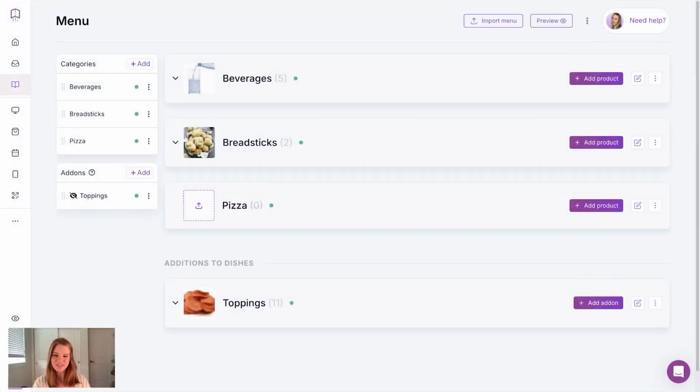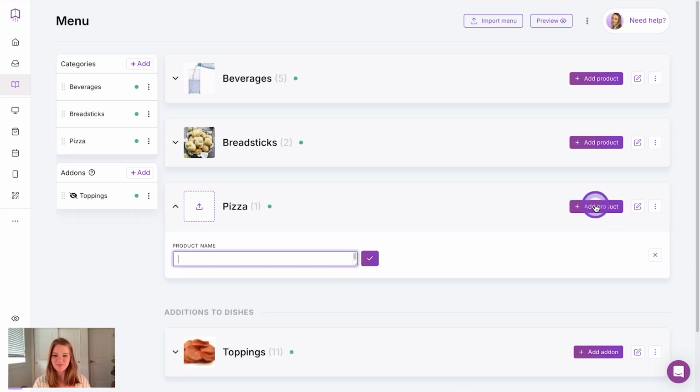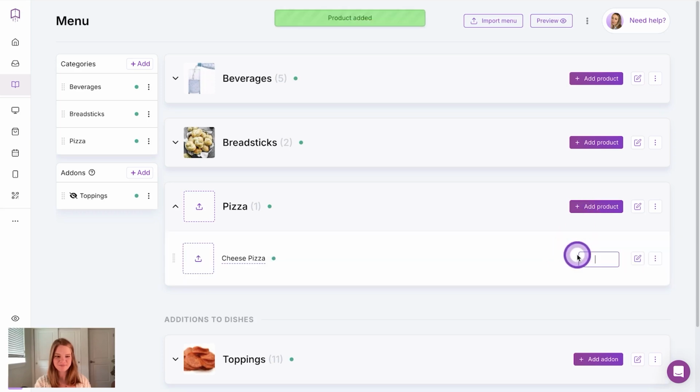Next, we'll add products, photos, and prices to our menu. Start by locating the category you'd like to populate and click Add Product. Then, type in your product name. I'll do cheese pizza. Hit Tab, Enter, or click the check mark to move on to the price. Type in your price and hit Enter to save. Just a note here, your price must be included in order for this product to become visible on your online